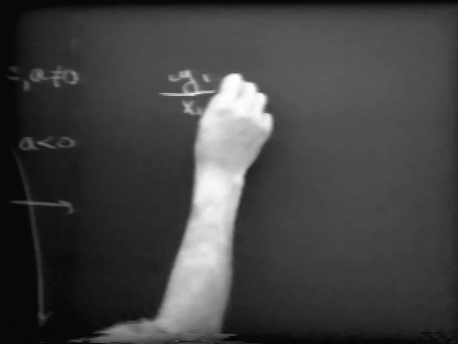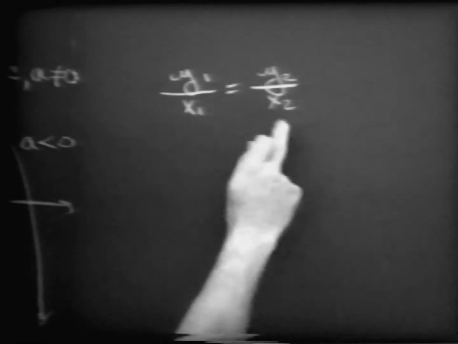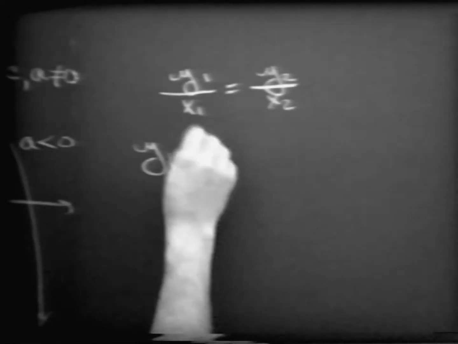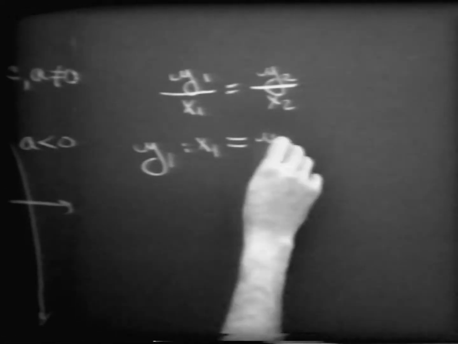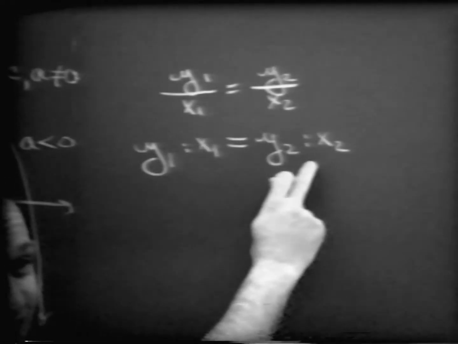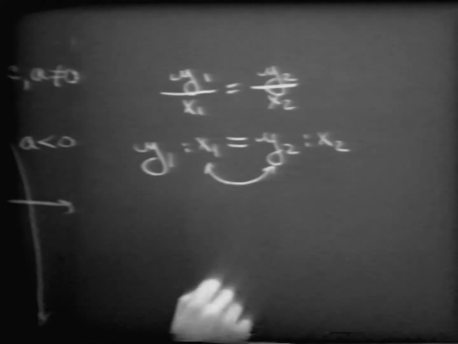Y sub 1 is to x sub 1 as y sub 2 is to x sub 2. And there was another way in which we learned how to write that. Y sub 1 is to x sub 1 as y sub 2 is to x sub 2, using this colon notation. And when it's written in this pattern, it's quite obvious by looking at these two numbers in the middle here,